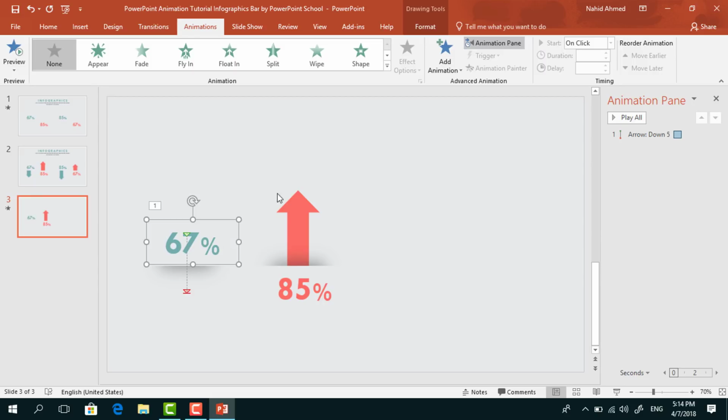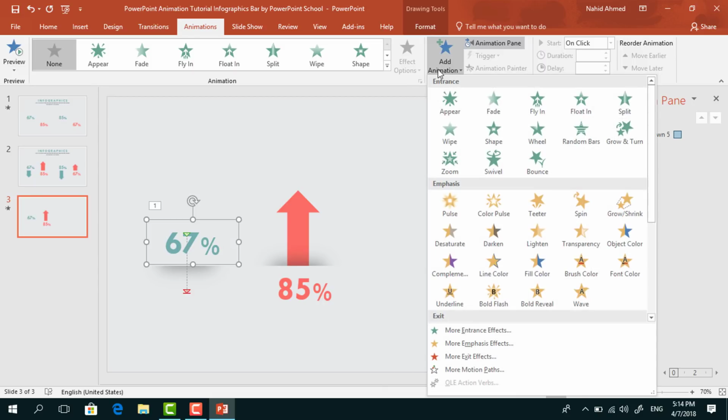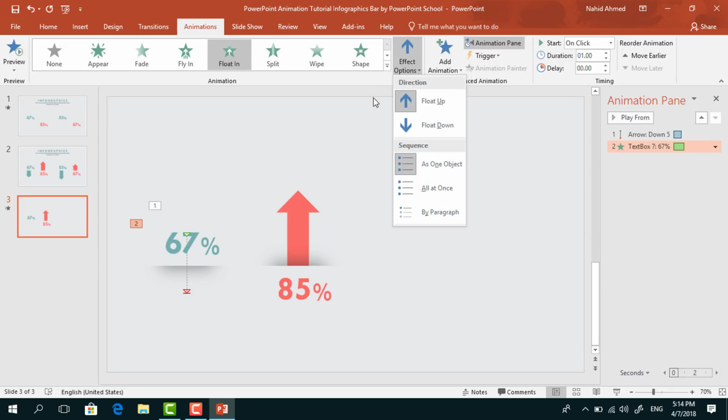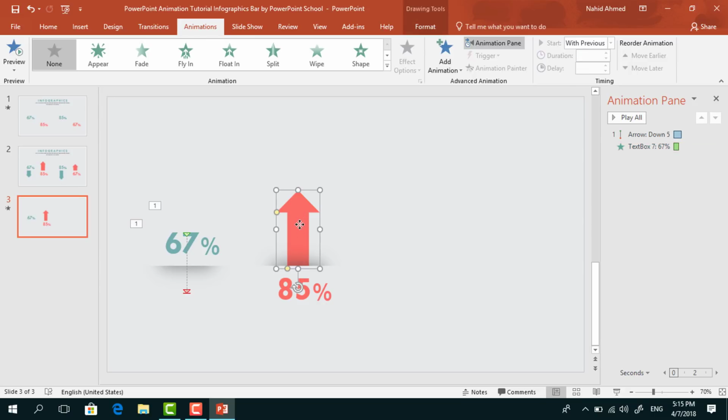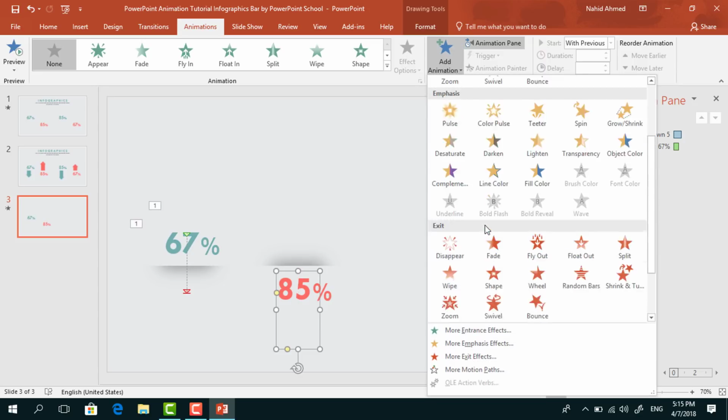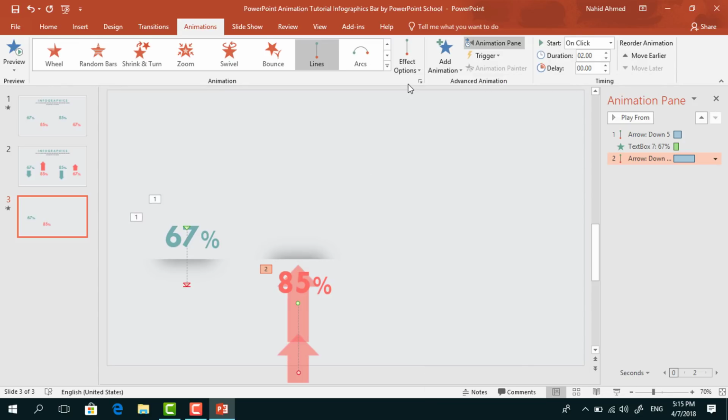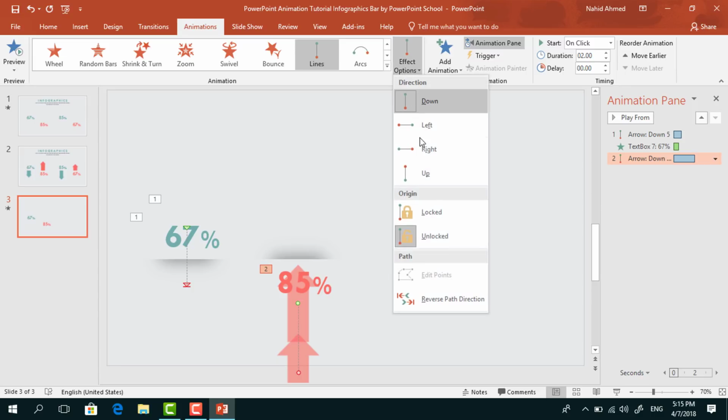Select this text box, from add animation, select float in, from effect option, select float down, set start with previous, duration 0.50 seconds. And do the same for this second arrow, take it down first, from add animation, select lines, from effect option, select up,